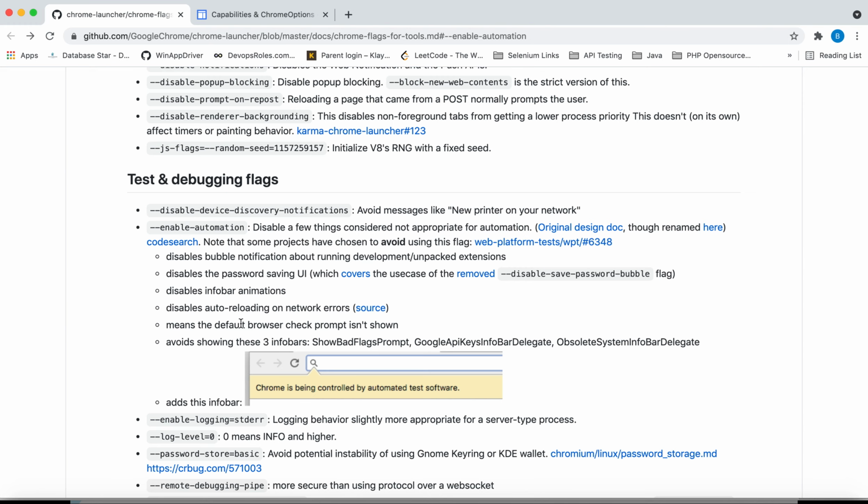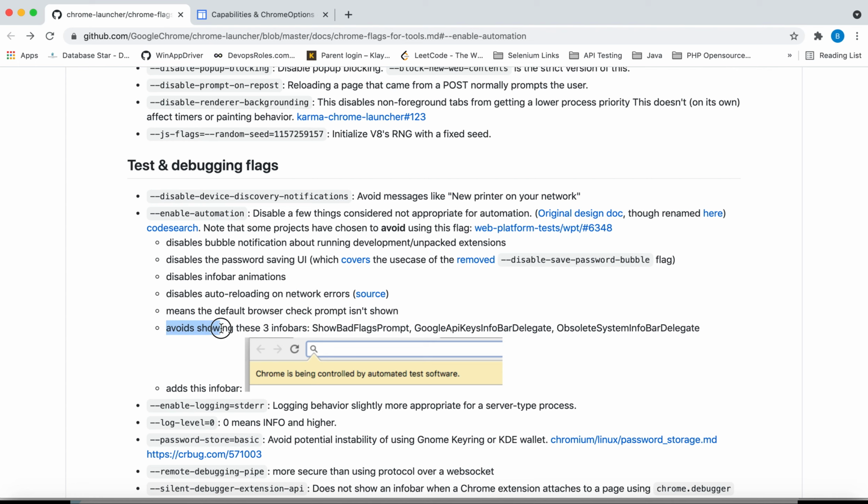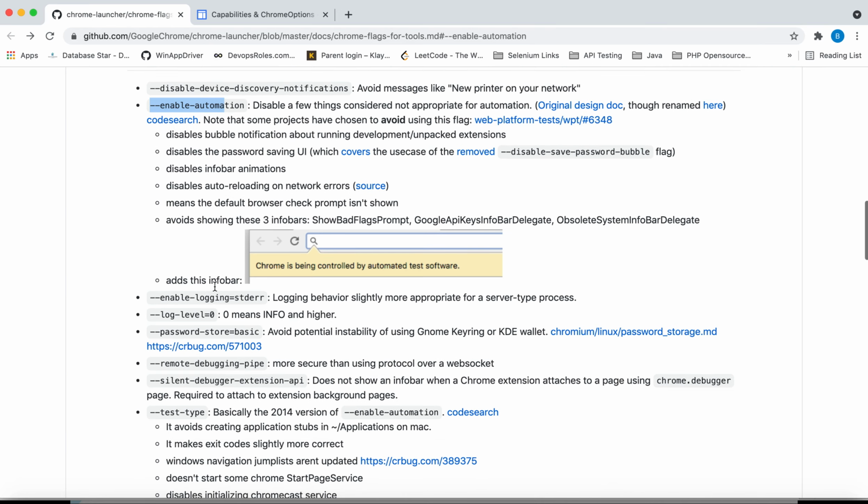So in our case, you can see here it avoids showing these three info bars: show bad flags prompt, Google API obsolete, info bars like this, and it also enables the automation.